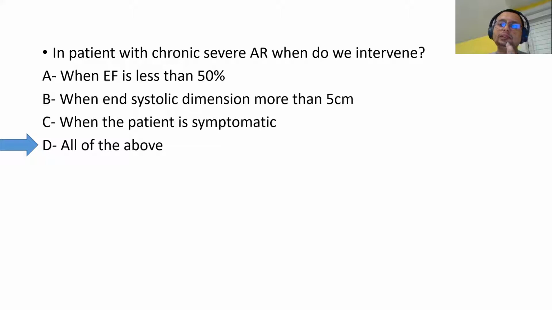There is a very important yet subtle difference between severe aortic regurgitation and severe mitral regurgitation. Remember, in severe mitral regurgitation, we tend to be aggressive. In a center of excellence, we even intervene in chronic severe mitral regurgitation before the patient develops symptoms, and even when the LV function is good. We do not want to wait for severe mitral regurgitation. For chronic severe aortic regurgitation, on the other hand, the patient can have severe AR for quite a long time before they develop symptoms or before their LV decompensates. Therefore, we can wait and we should wait. Why? Because a lot of severe AR happens in young patients.